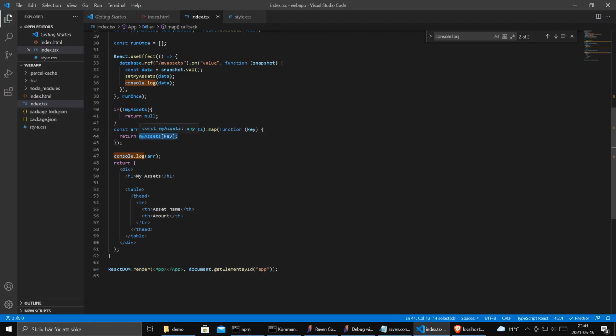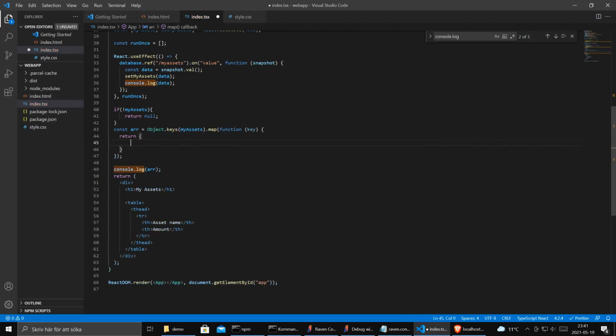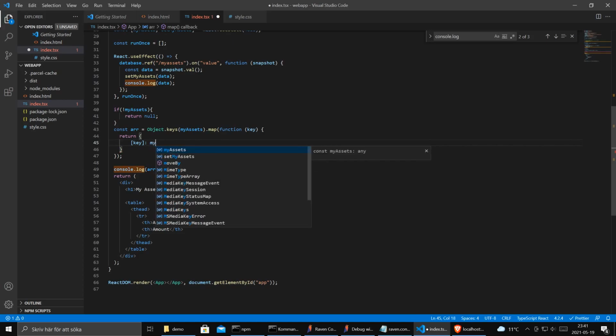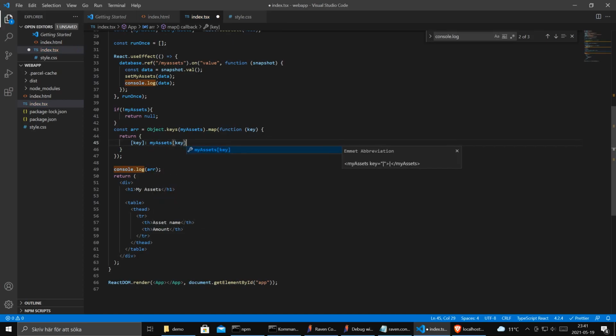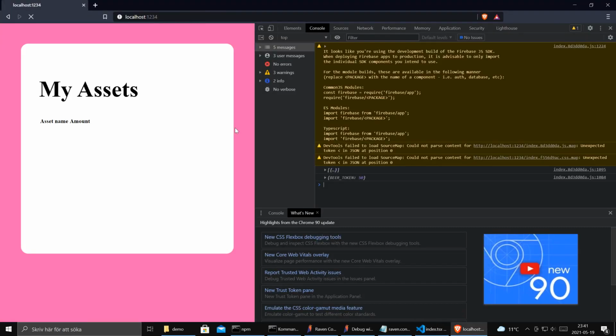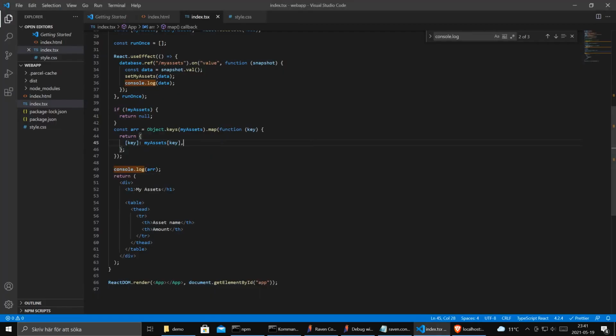We want to return an object with key equals the value of key. So now we get an array with objects where we have